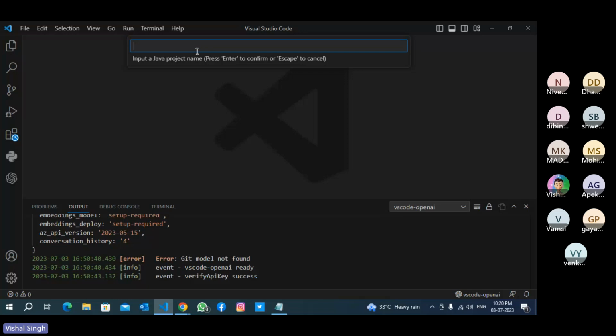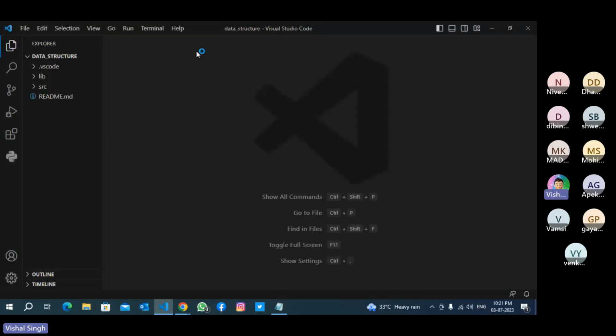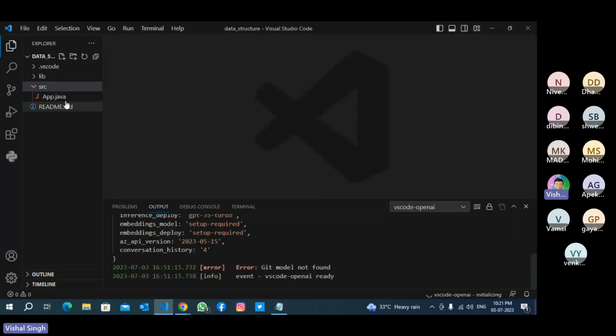Students, try to understand this data structure topic and these four classes, because we'll be using them almost everywhere in software development and data science also. Input the Java project name, data structure.